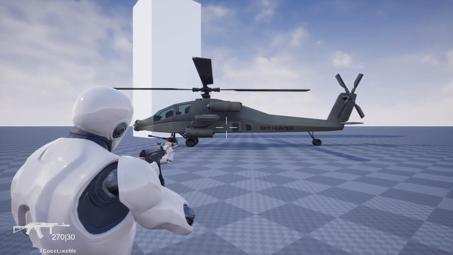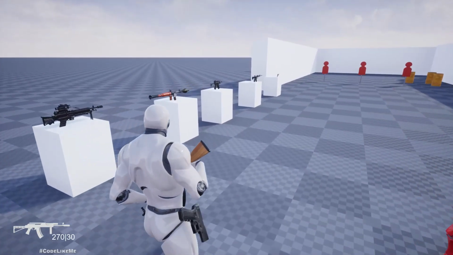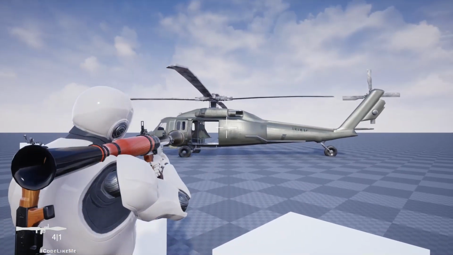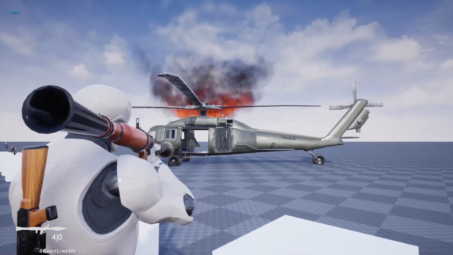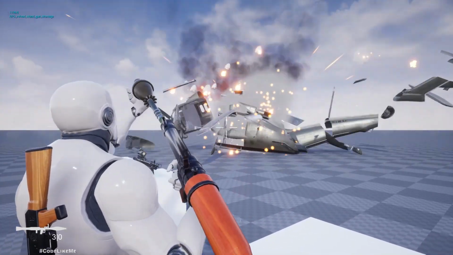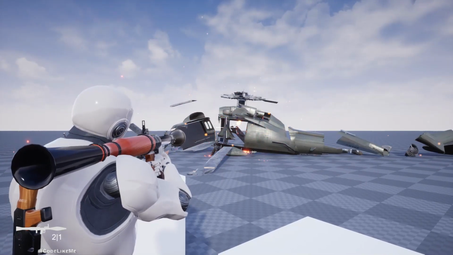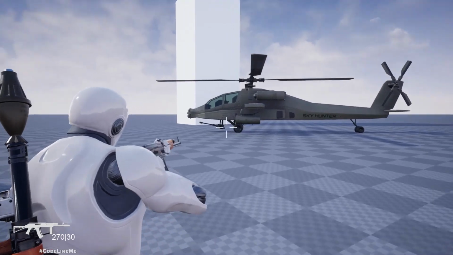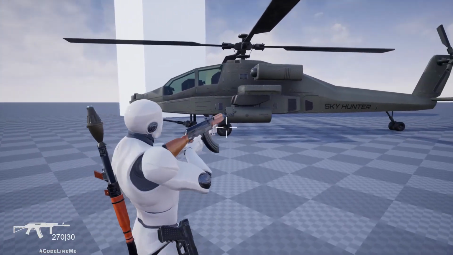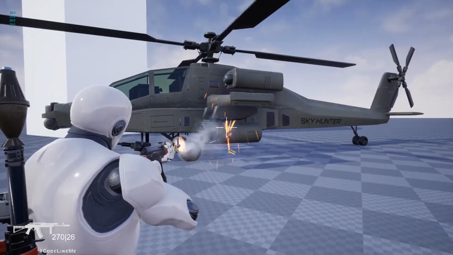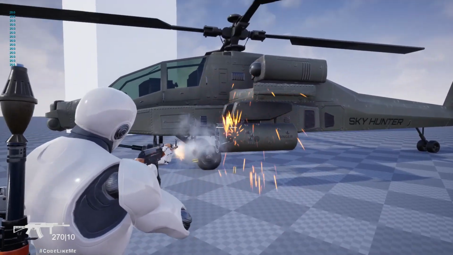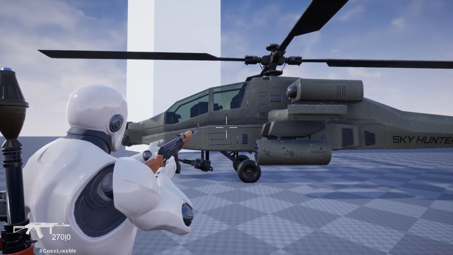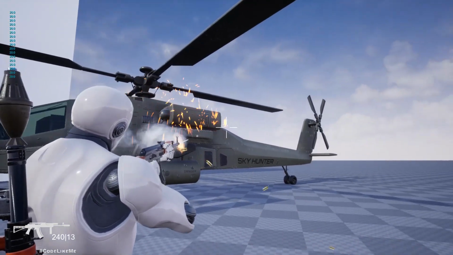Hello everyone. So today I am going to work on damaging these helicopters. If I use a powerful weapon, it will be destroyed in 2 shots, and if I use a rifle here, first you can see this damaging happens. But since this is a rifle, you will have to do many shots,